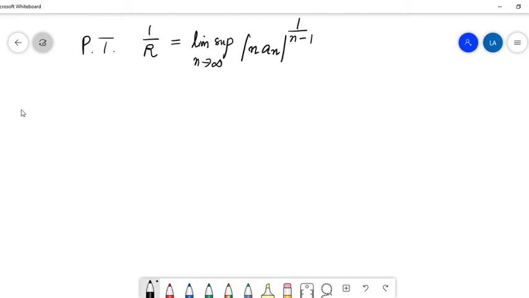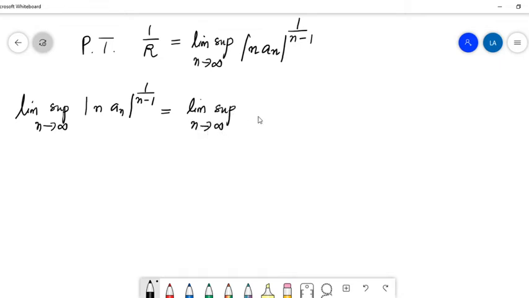Okay. So think about limit supremum n tends to infinity (modulus of n into an) the whole raised to 1 by n minus 1, which is equal to limit supremum n tends to infinity of modulus of n raised to 1 by n minus 1 into modulus of an raised to 1 by n minus 1. Okay,